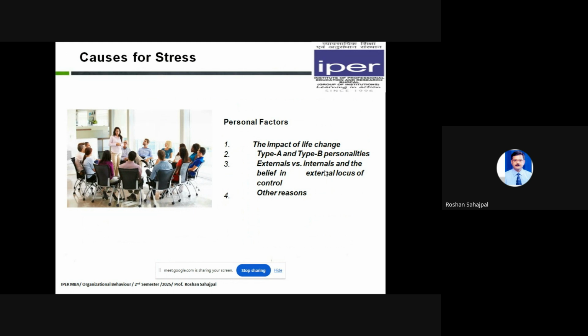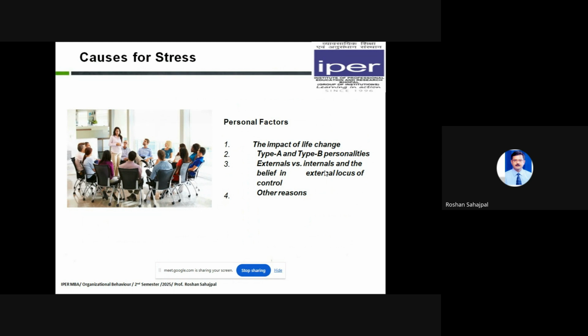तो पर्सनल फैक्टर्स क्या हो सकते हैं? द इम्पैक्ट ऑफ लाइफ चेंज, है ना? कि जैसे मान लीजिए कि किसी के घर पे कोई प्रॉब्लम है, उसका स्पाउस के साथ सेपरेशन हो गया, उनके घर में कोई बीमार है, उनके घर में उनके स्पाउस से बनती नहीं है, a person is facing a legal court case, so that will also have an impact on the person's organizational life. तो वो जो स्ट्रेस पे रहेगा तो उसका इम्पैक्ट उसके वर्क में भी दिखेगा, ठीक है?